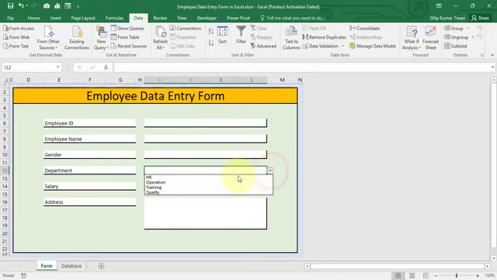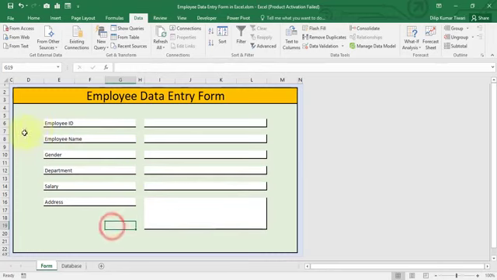Now you can see that HR, operation, training and quality, all these 4 options are available in this particular drop down. Now we have successfully created the labels and the text box where the user will make some entry. Now we need to add 4 different types of button control over here, so that the user can save the entire entry, modify whatever entry was made by the user, delete the existing entries or records,